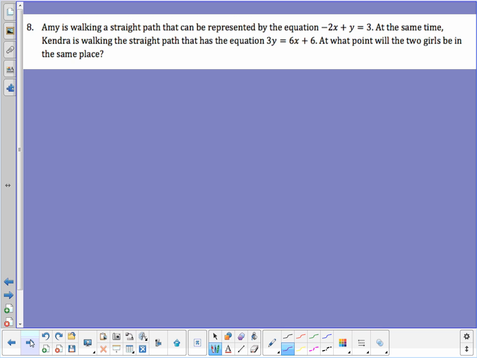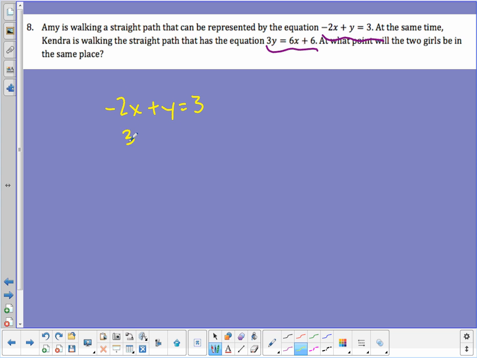2 more word problems, then we're done with lesson 3. Amy is walking in a straight path, modeled by that equation. Kendra is walking in a straight path at the same time, modeled by that equation. At what point will the 2 girls be in the same place? All right, beauty here is we're given the equations. Okay, problem, they're not both in standard form. So if I line them up,